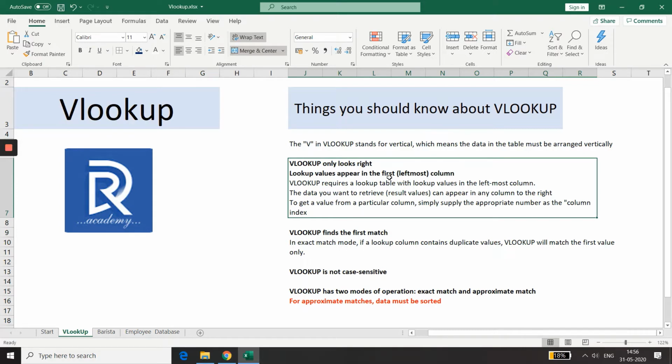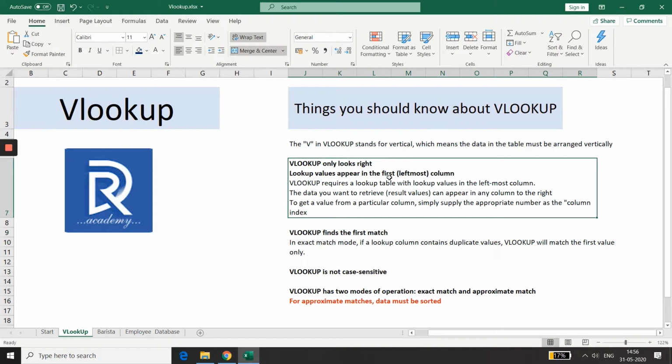VLOOKUP requires a lookup table with lookup values in the leftmost column, while the data you want to retrieve can appear in any column to the right. Just to summarize this rule, and I will explain how to use it: VLOOKUP always looks for a value in the leftmost column and retrieves a value from any column to the right.